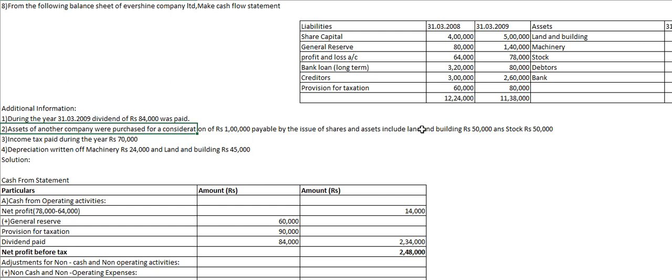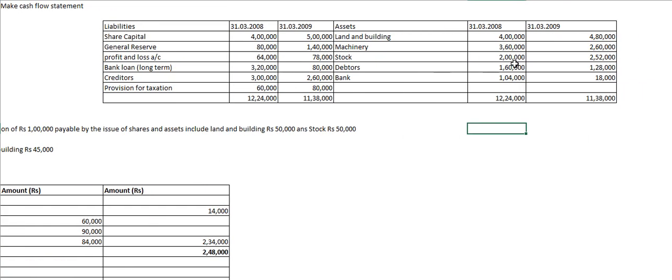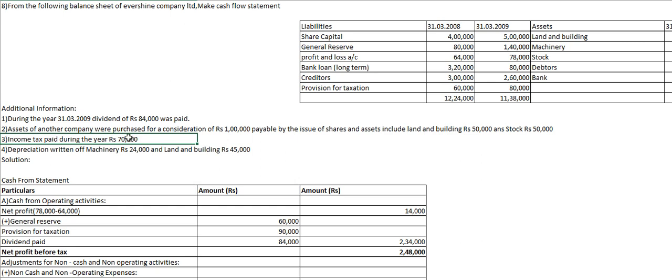So you will not consider any of this in your cash flow statement, but you will show this in your ledger accounts. So this stock of 50,000 is nothing but it has been bought during the year. So if you see your stock balance, the closing balance of stock, which is 2,50,000, includes this 50,000. So you will minus it because it is overvalued. So since it does not involve any cash, you will not consider it in a cash flow statement, but you will show it in your ledger accounts.